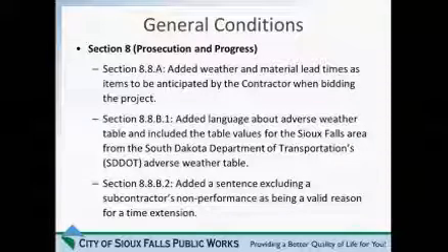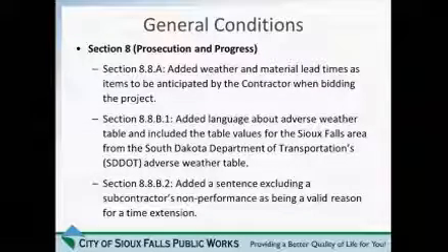Section 8, prosecution and progress of the work. Section 8.8A talks about general or ordinary or usual things that the contractor needs to take into consideration as far as delays as he's ordering materials or things of that nature. We wanted to specifically add that he has to take into account ordinary or normal weather conditions and material lead